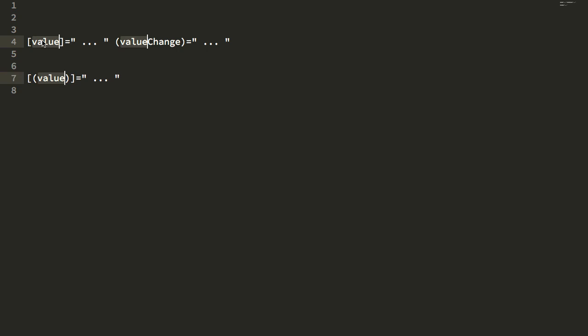So the value here doesn't matter what it's called; this could be called foo, it could be called x. Essentially what it means is that if we have an input binding of name x and an output binding of name x change, then we can use the banana-in-a-box two-way data binding to implicitly pipe these events back into the input binding. So essentially what this really is a shorthand for is, let's call this